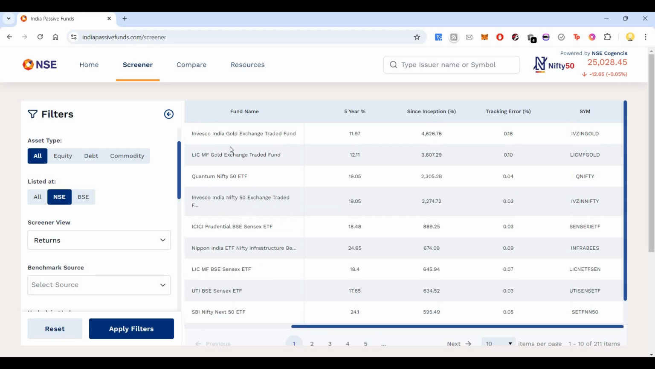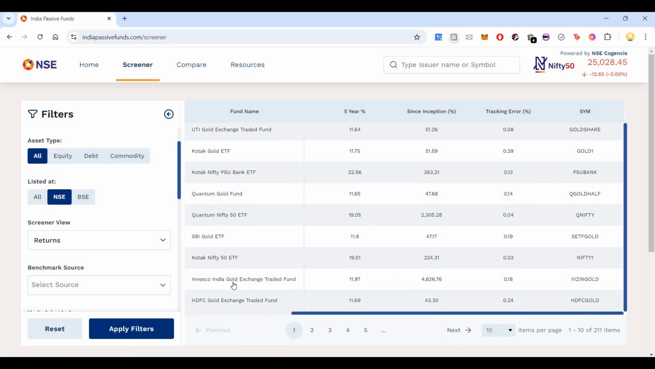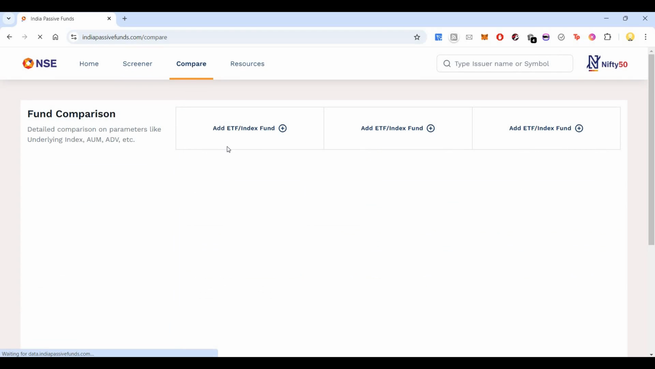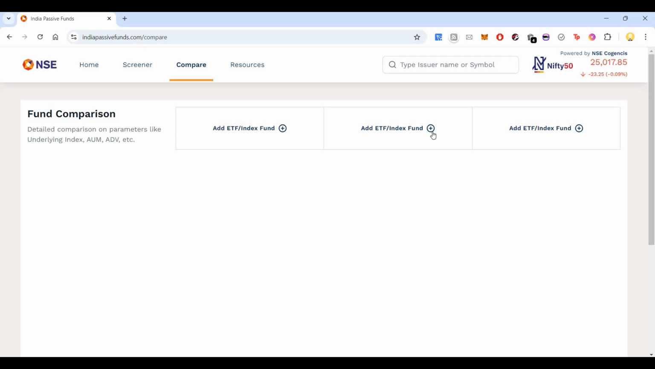There's a large amount of data running behind this. For some of them, like the Invesco India Gold Exchange Traded Fund, you see the percentage. You can do all those things here. Now if you come to compare, here you can compare various ETFs or index funds. Now if I want to compare